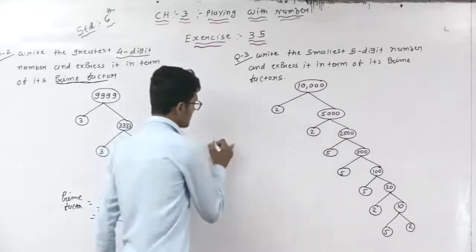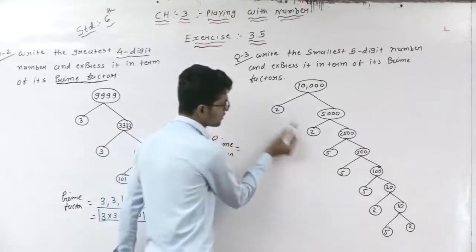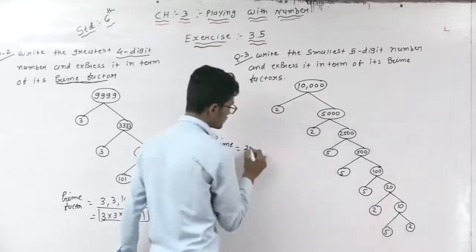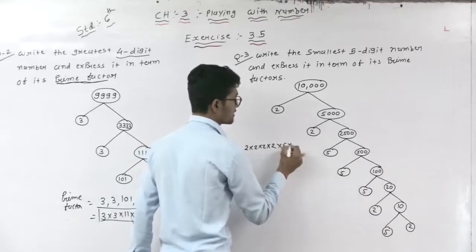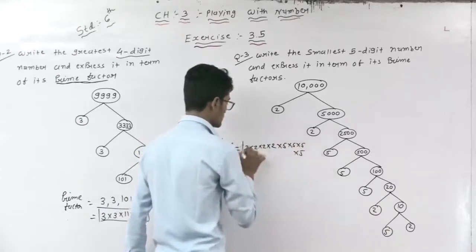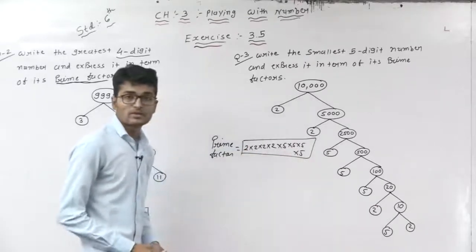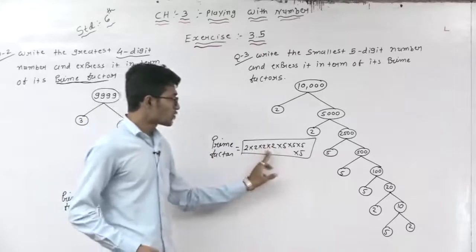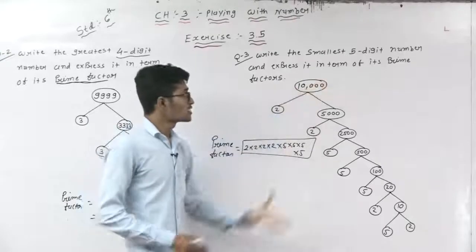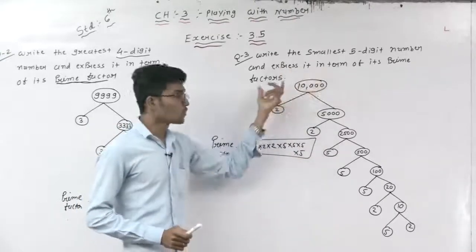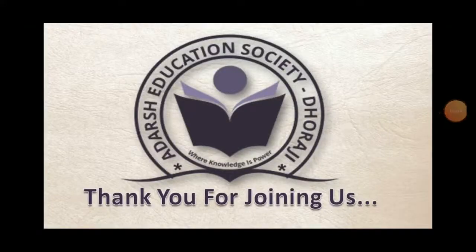But now write the prime factors. So what are the prime factors? Here, dear students, 1, 2, 3 and 4. 4 times 2, it means 2 multiplied by 2 multiplied by 2 multiplied by 2. 1, 2, 3 and 4, 4 times 5, 5 multiplied by 5 multiplied by 5 multiplied by 5. So dear students, these are the prime factors. See, 2 is a prime factor and 5 is also a prime factor. 2 four times and 5 four times. If you multiply, what answer will you get? 10,000. So this is the number expressed in terms of its prime factors. Understand? Clear? Thank you for joining us.